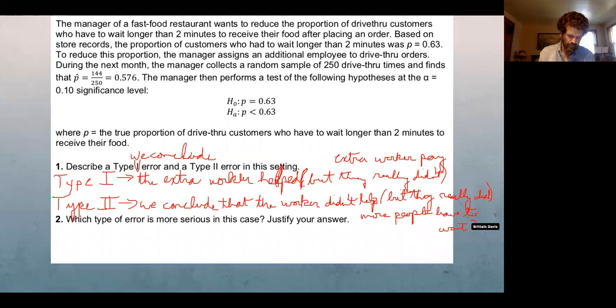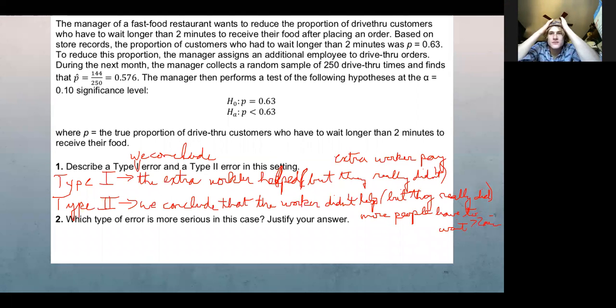Or I'll just say wait more than 2 minutes. Okay, so which is more serious? That you're paying an extra worker, or that a higher proportion of people have to wait more than 2 minutes? I think type 2 is worse because, even if they're paying that extra worker, the consequences of type 2 could be customer complaints, and then they could lose sales, and then overall they'd have a net loss because they didn't use that worker